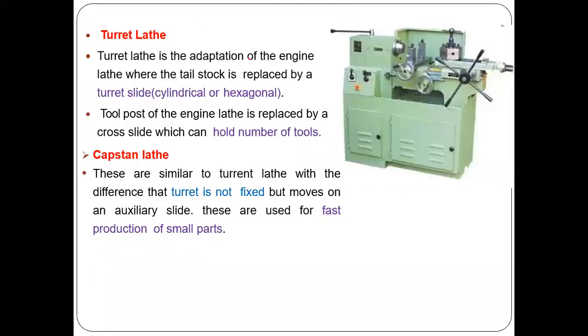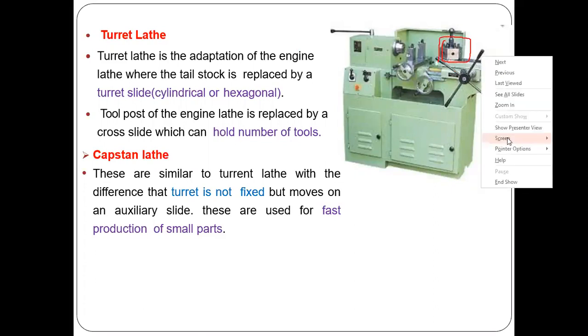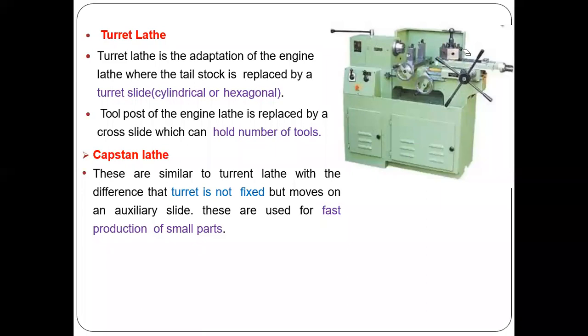One more important lathe is the turret lathe, one of the important lathes in lathe operations. In the lathes you have seen up to now, you have the tailstock as well as the headstock. But in this lathe, the tailstock is not there. Previously the tailstock was a constant object lying here. But here some kind of hexagonal block is mounted. This hexagonal block is called the turret, and this kind of lathe is called a turret lathe.